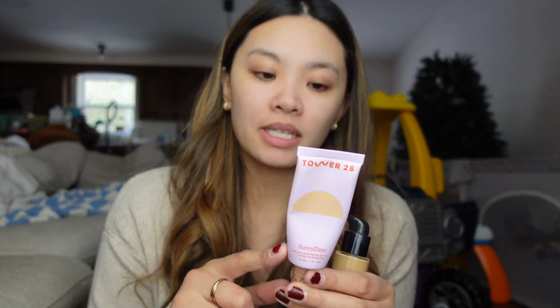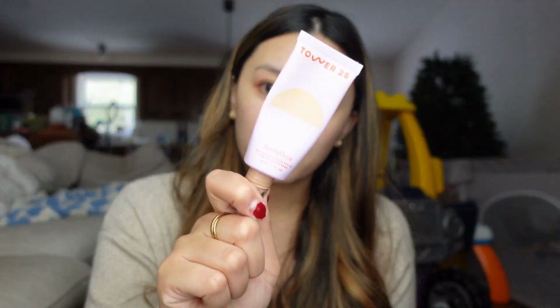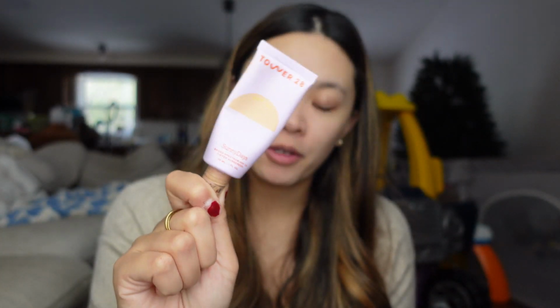And what I love about this is that it has SPF. It's also reef safe, so if you wear this in the water, it's also okay for the ocean. And Tower 28 is also eczema approved. I don't have eczema, but it runs in my family, so I just really appreciate that. So this is my top pick foundation if you want that everyday natural finish. I would say it's light to medium coverage, very buildable, and if you just need extra coverage, of course, just